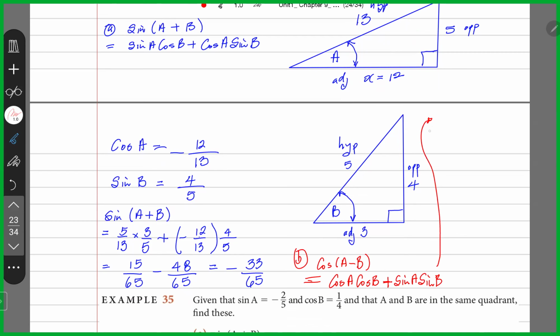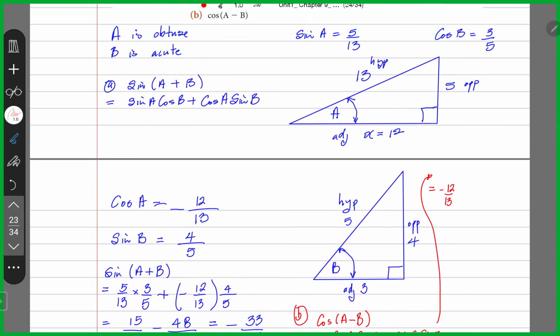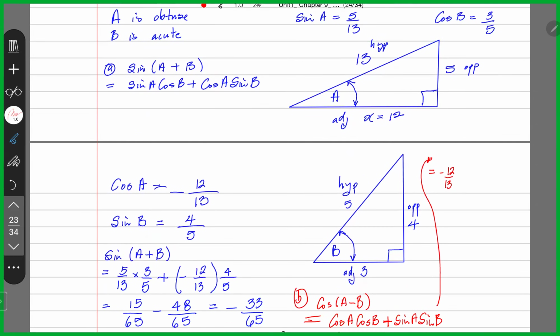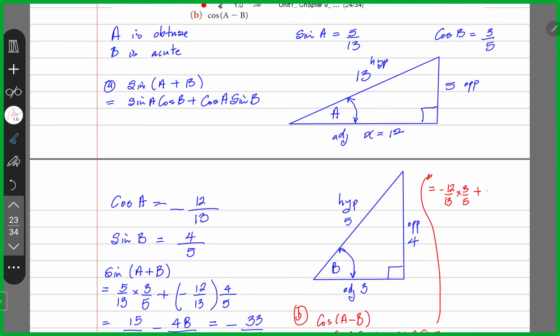So this would be equal to the cosine of A, which is minus 12 over 13, times the cosine of B, I think this was given, which is 3 over 5, plus the sine of A, which is 5 over 13, times the sine of B, which is